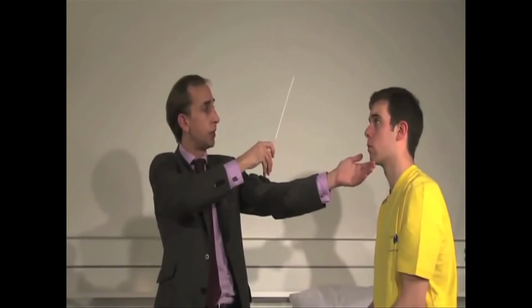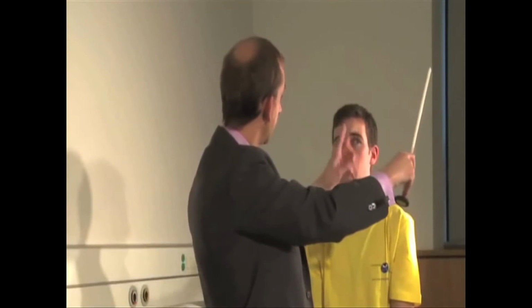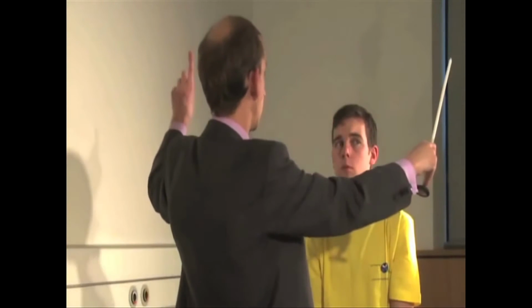So what you do here is you ask the patient to look to the left, keeping your head still. I want you to look to the right now. To the left, to the right, to the left, to the right. Great. You can do the same in vertical gaze. Can you look up and down and up and down? But it's usually more productive looking on the horizontal gaze, because what you're looking for here is